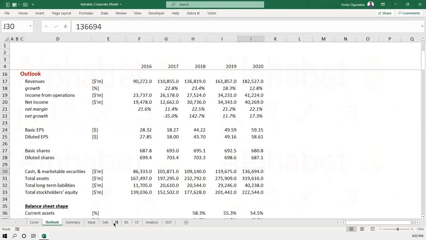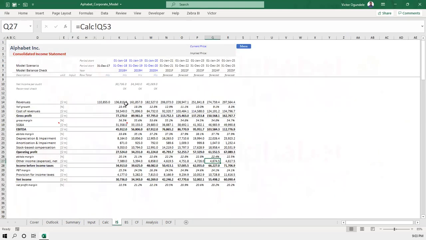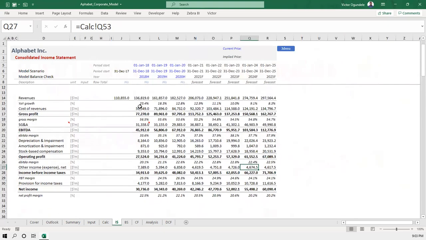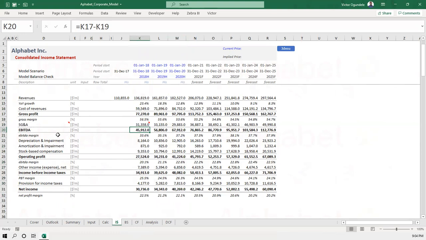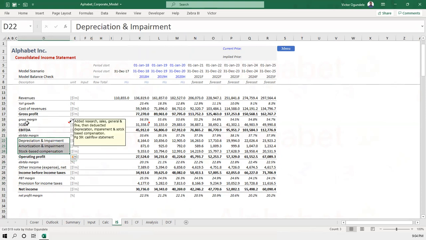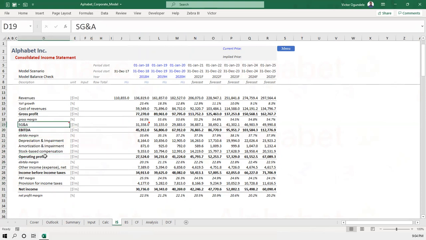So after that, the next thing is you extract your income statement. You extract it here, which is what I've done here. And you can see this represents the historical period. So after you've gotten this, I have to do some restructuring to be able to get the depreciation and amortization, so that I have a very clean and clear view here.